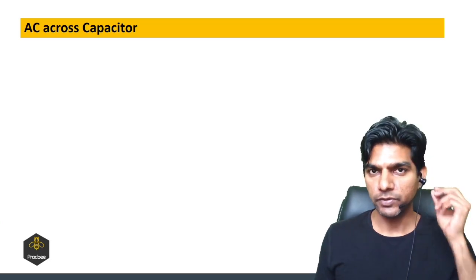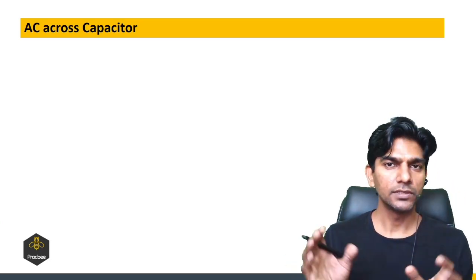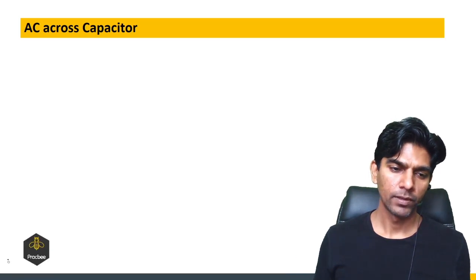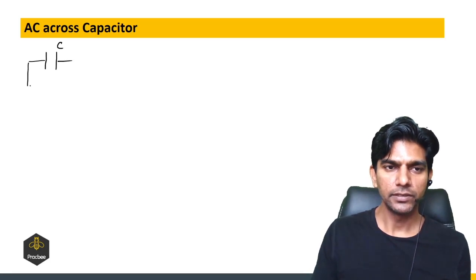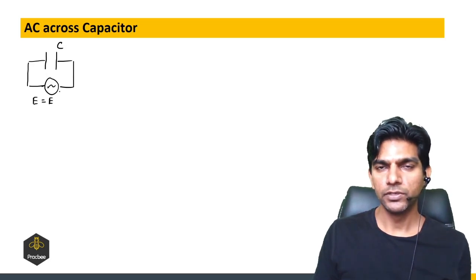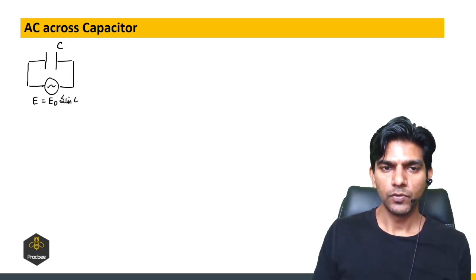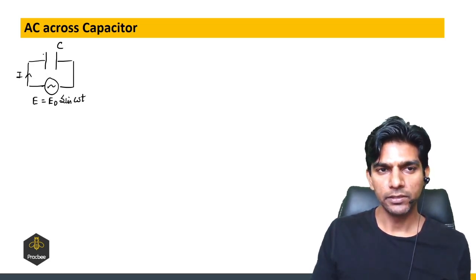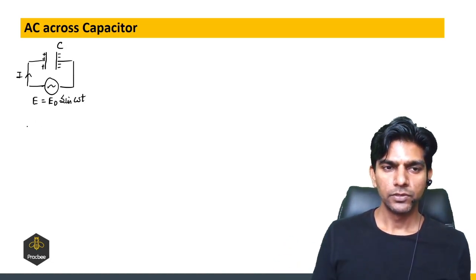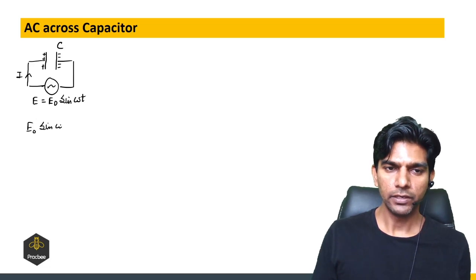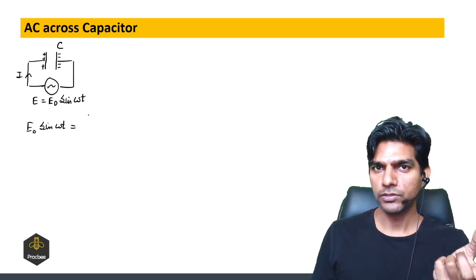Okay, right. So now let us see what happens if we connect a capacitor across an alternating current source. So there is a capacitor of capacitance C and it is connected with an alternating current source. And again, I'm taking the voltage of the source as E naught sine omega t. Let us say at time t the current in the circuit is I and this plate has a positive charge and this is negative charge. So we can say the voltage across the capacitor will be same as the voltage of the source. So it will be E naught sine omega t should be equal to